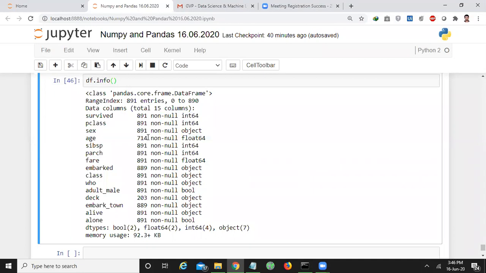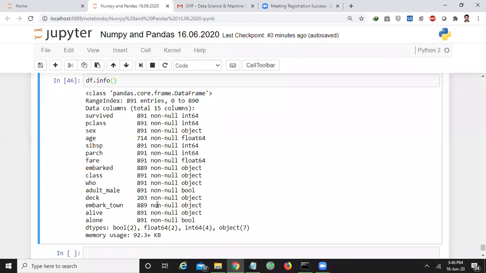You may ask, sir, what about the remaining? The remaining values are missing. We don't know the age. Similarly, here it is 891 for this column, this column, and this column. Again, we have very little information about the deck. We got deck information for only 203 passengers out of 891.